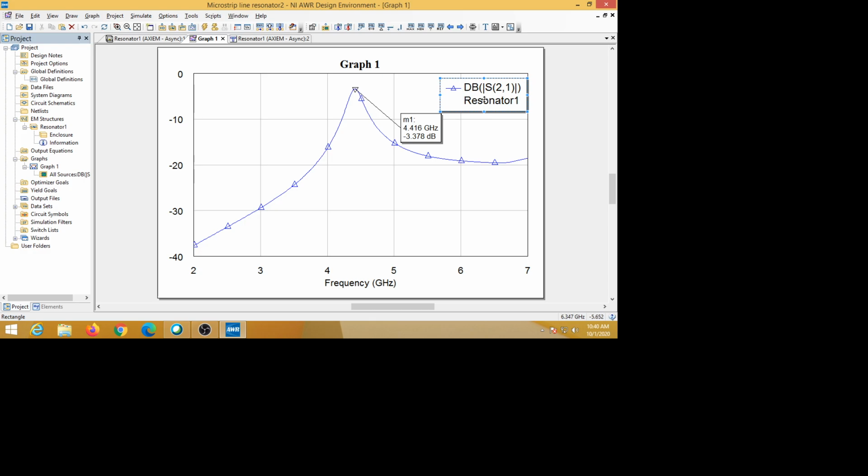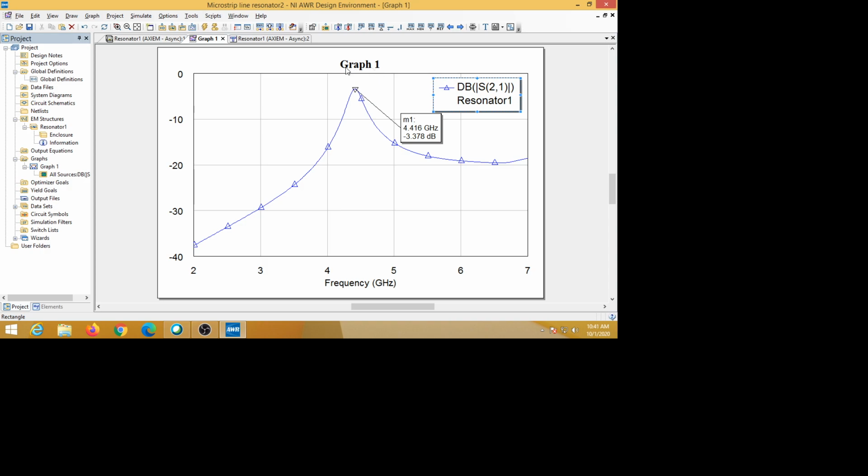It is showing here this plot. This is a plot, dB S21 magnitude, S21 magnitude, and that structure name you were given, resonator 1. So that is coming. You can modify it, and we can move this anywhere over the plot like this. And we can change the words written in this box also. Legend content also we can change.